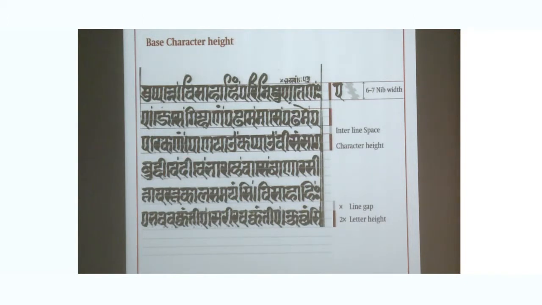The letters are fixed into two lines, which is this one from here. The red lines are the text height, and in between, space is left. If we take the interline space as x, then 2x is the height of the letter. In terms of calligraphy nibs, it is around 6 to 7 nibs. Basically, it is a 6 nib width height. The 7th is counted as the overshoot, like a terminal which goes in thin parts. If you observe here, all of these thin parts are considered below the baseline.